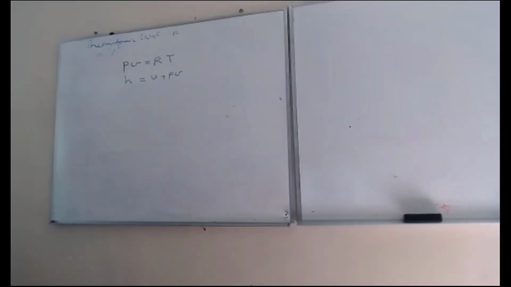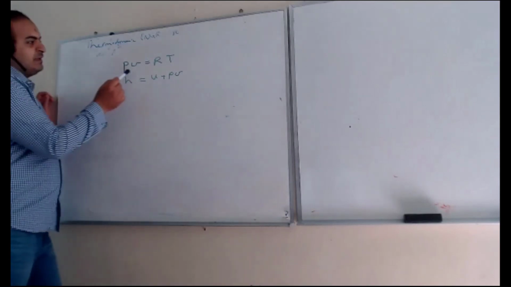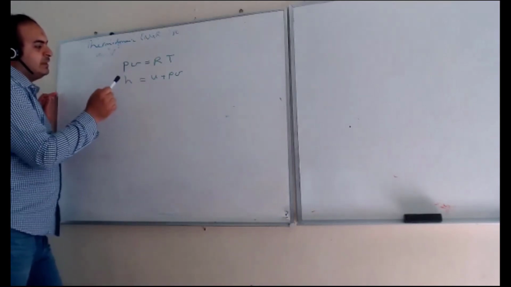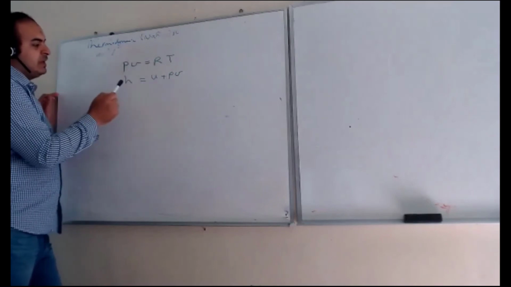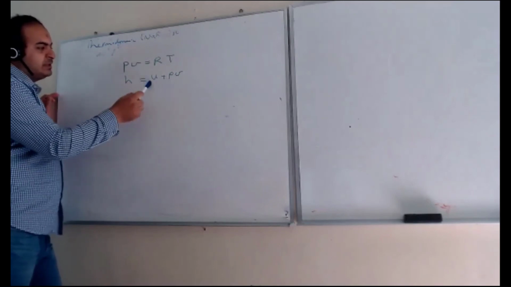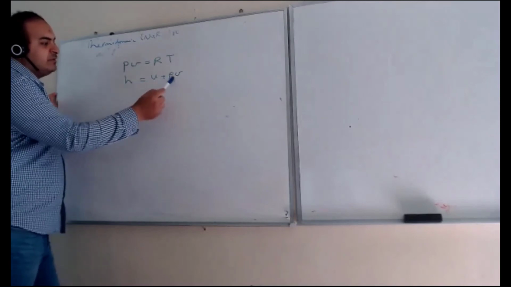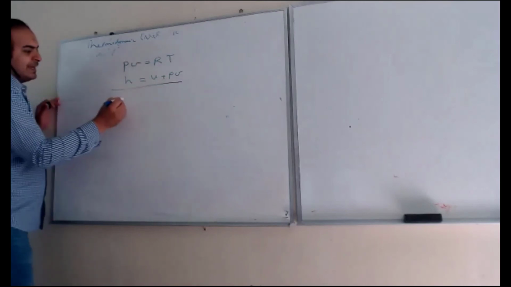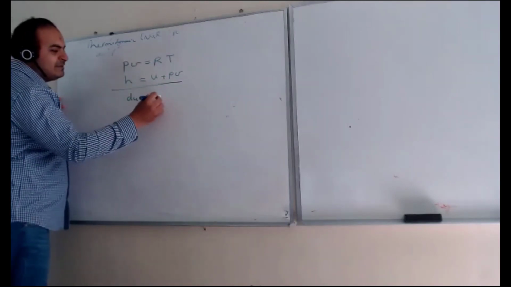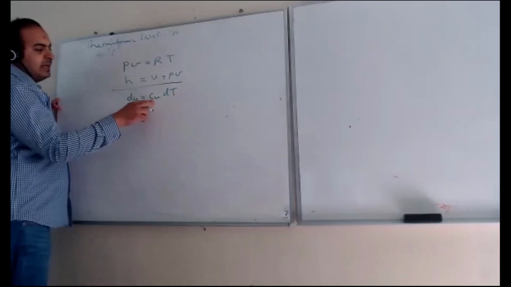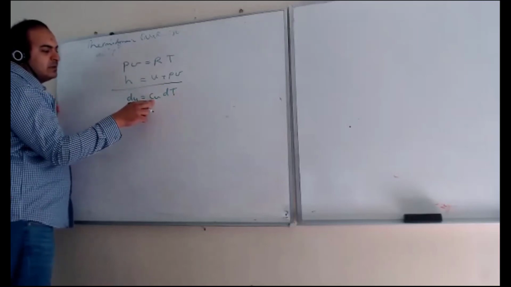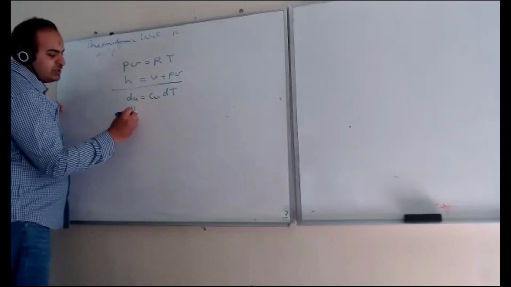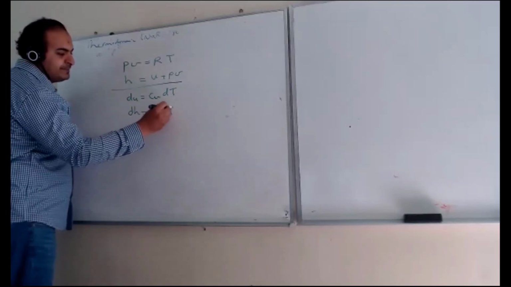So in this lecture, with last lecture, we said we have, of course, PV equals RT, the beginning of chapter 3. Then we define H equals U plus PV: enthalpy, specific enthalpy, equals internal energy, specific internal energy, plus PV, pressure times specific volume. And we give two new definitions. We said delta U equals Cv delta T, and Cv is heat capacity at constant volume, and delta H is Cp delta T,